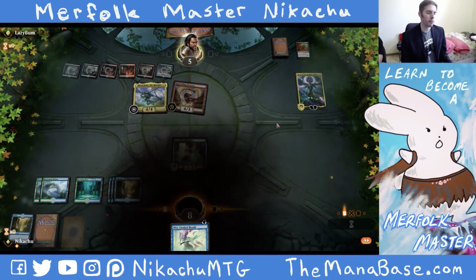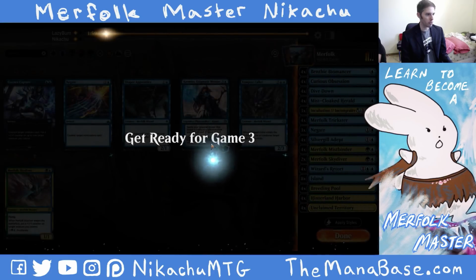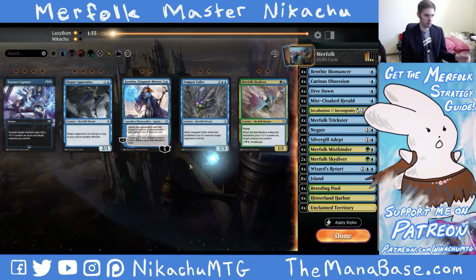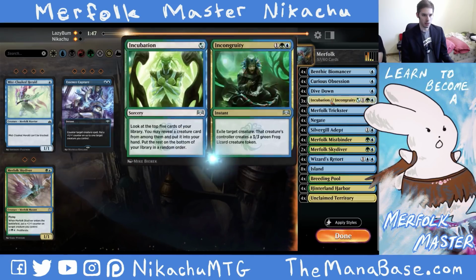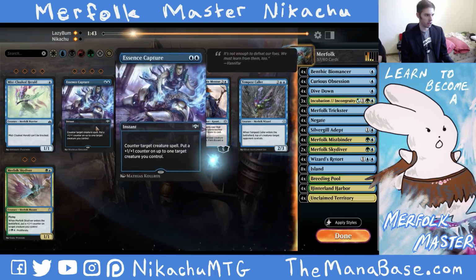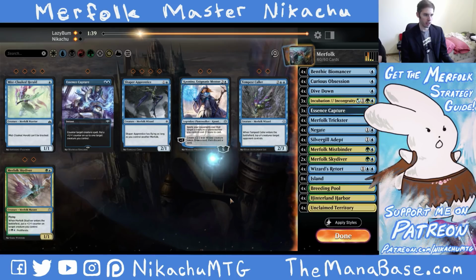Oof. Oh, we have better chances in Game 3. I guess I'll bring in more Negates because they're just playing with tons of dangerous sweepers. I'll take out Mistcloaked Herald. We can bring in some Essence Captures for the...